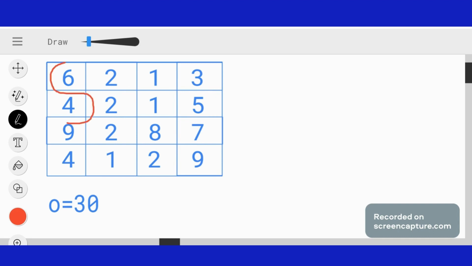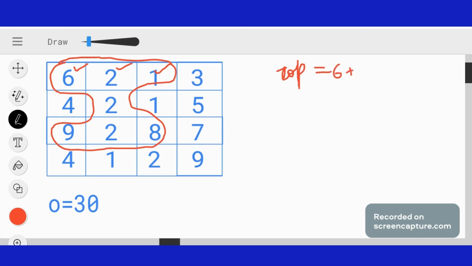So in this hourglass, what you can see? You can see that the top three elements are the part of our hourglass, and we need to find out the sum here. So, what is the sum of the elements present at the top of the hourglass? It is 6 plus 2 plus 1. What is it? It is 9. Now, this 2 also is a part of our hourglass. So, let's name it mid. Now the bottommost elements, that is 9, 2, 8, are the elements which are the part of our hourglass.